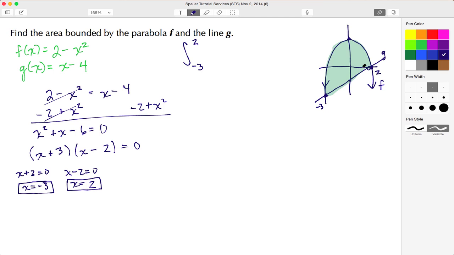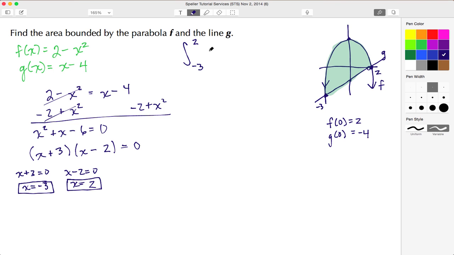If you weren't able to do the graph to actually see it, you can input a value. Just for example's sake, a number between negative 3 and 2, the easiest number to pick would be 0. So we're going to take f of 0, and that would leave us with a positive 2. And we're going to take g of 0, and that will leave us with a negative 4. We see that 2 is greater than negative 4, so that means function f has to be listed first.